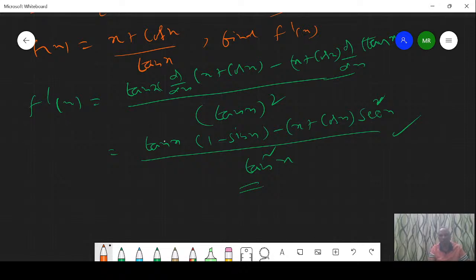Now see the previous problem, this is the previous class I have done this problem. Just verify this problem: f of x equals cos x by tan x, find f dash of x. Using the quotient rule we have done this problem, u by v square, u into derivative of v minus v derivative of u. I have done this. Next one, find the derivative of